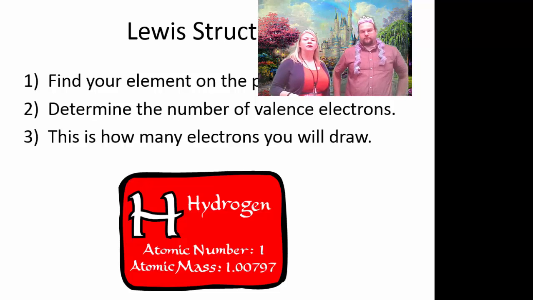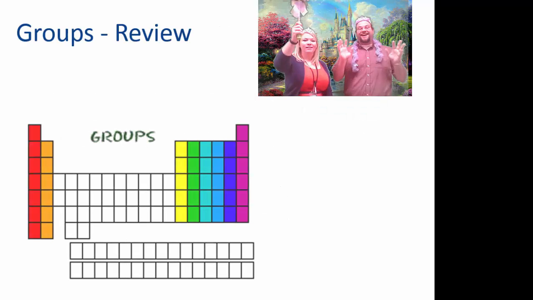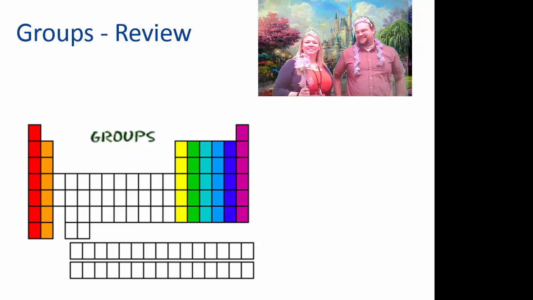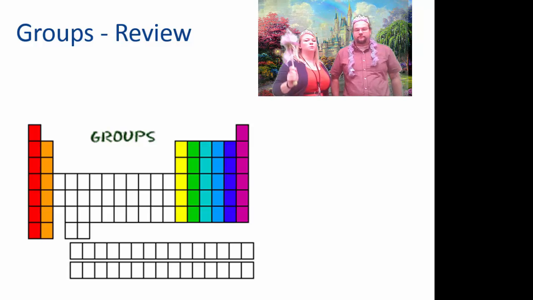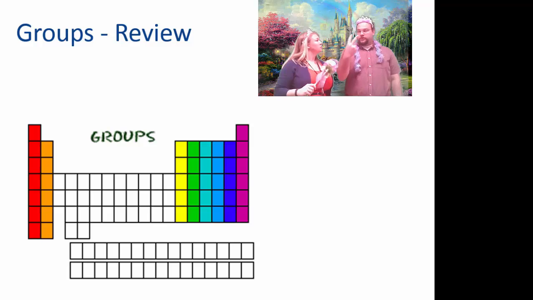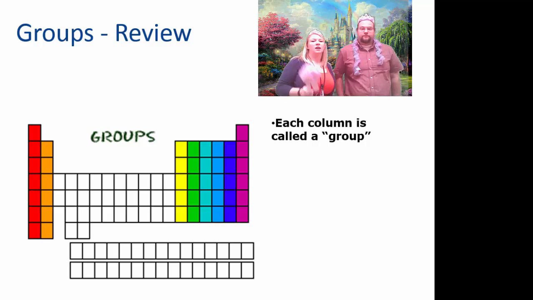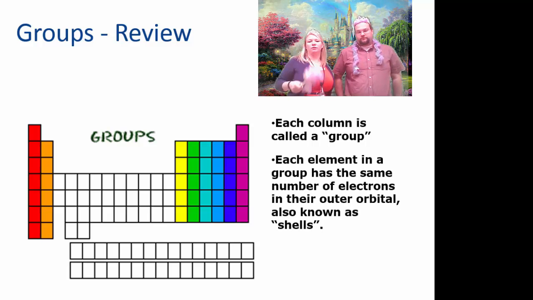But we'll practice that in a second. Let's take a look. Just to review, groups 1, 2, and then 13 through 18. If we start with group 1, we have how many valence electrons? 1. Group 2, 2. Group 13, 3. 14, 4. 15, 5. 16, 6. 17, 7. 18, 8. And remember that we call each group a column, each column we call a group. And then the period is